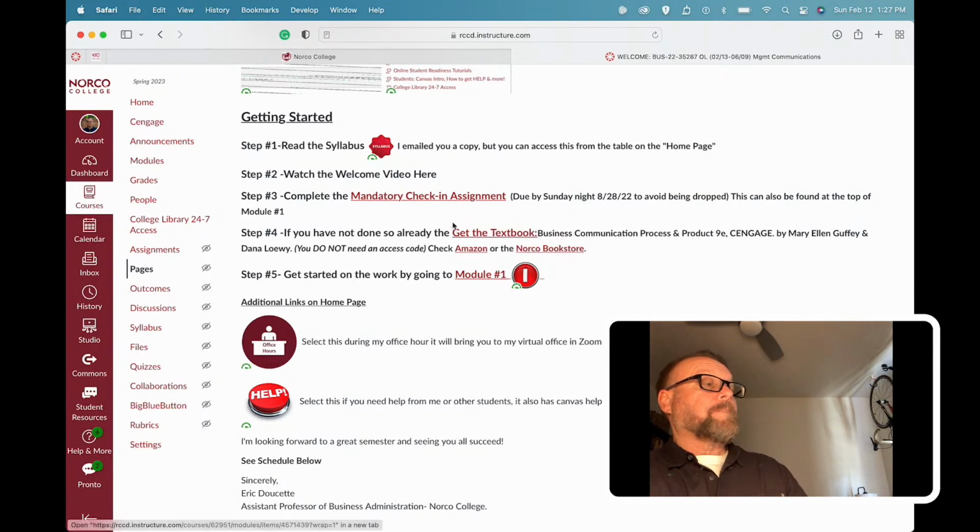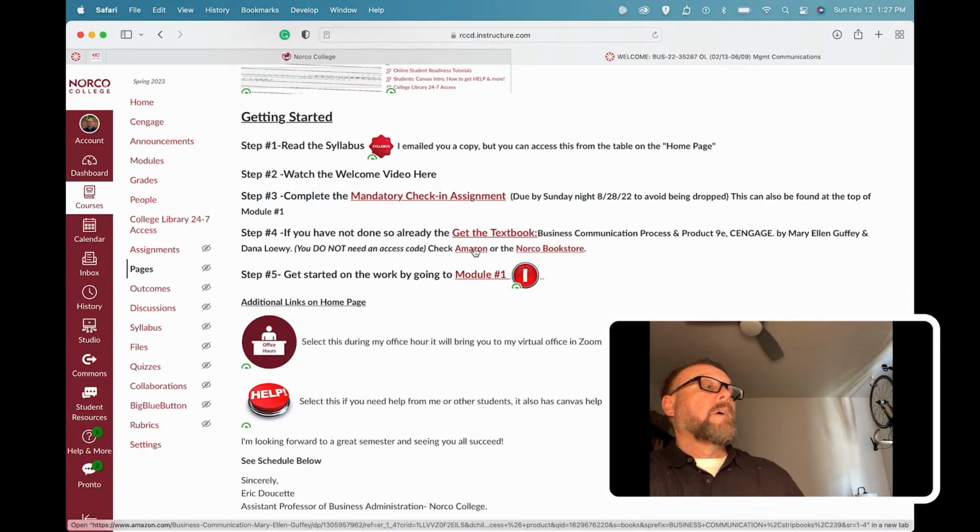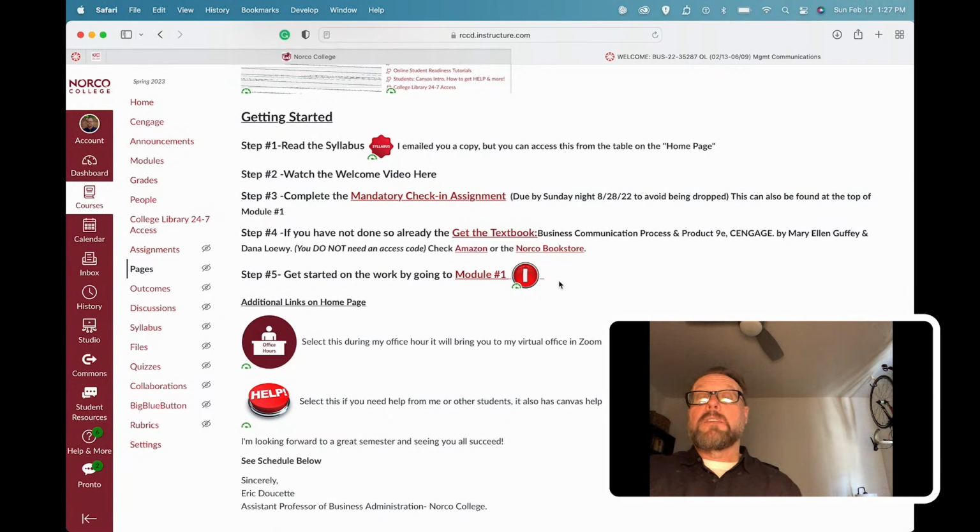Get the textbook. Again, you can select that. You can register right there. You can also go on Amazon. I have the book already found for you. I also give you a link to the Norco bookstore to see. You can buy it. You can rent it, whatever's best for you. But you do not need to pay for any access code. Don't do that unless you want to use the ebook, and do that right here through the course. And then, of course, once you've done all those things, you can just select Module 1, and you can get